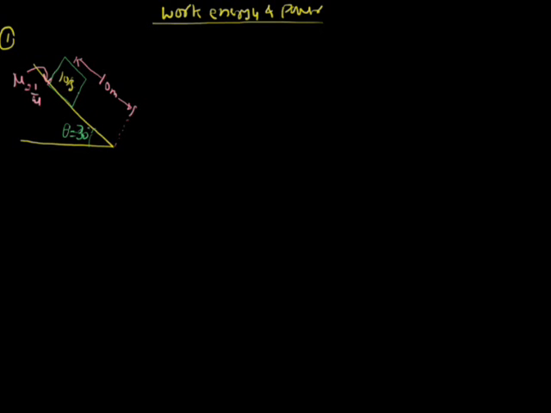Let us start with the weight, which is equal to mg downward. The components of weight are mg sin theta, which will try to pull the block down, and mg cos theta. This component causes the normal reaction due to the surface on the block. So N is also mg cos theta.